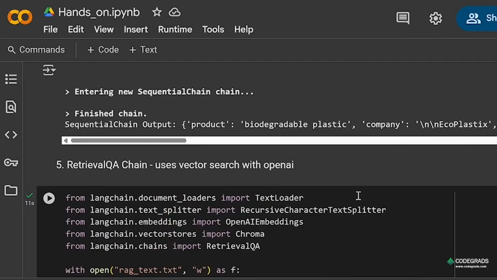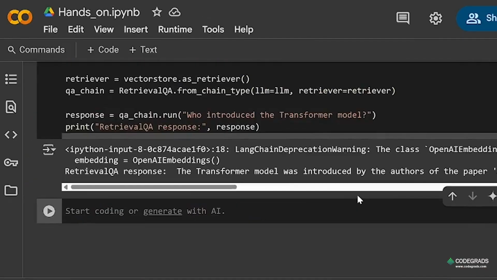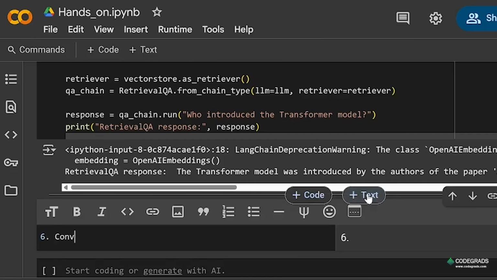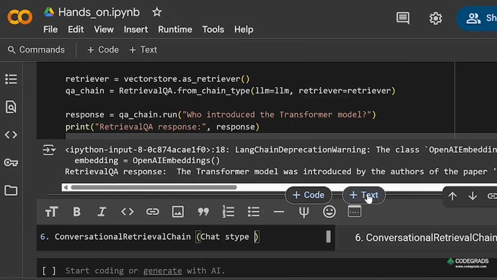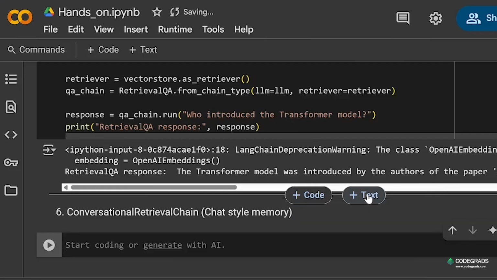It is the question answering chain, and it uses vector search. Now we'll see the next one, that is the conversational retrieval chain. It is basically the chat-based chain. Basically, if you want to store the conversation, the direct conversation with the model, at that point of time you use this one. Now for that we'll need to import